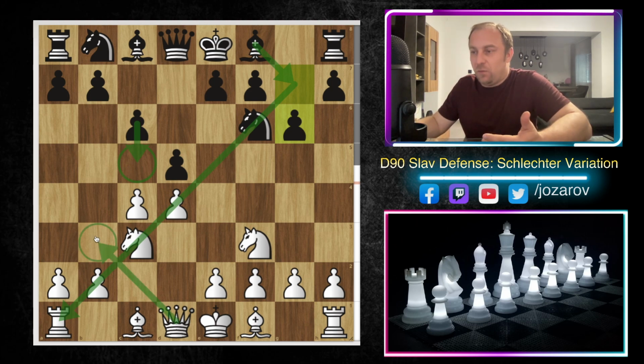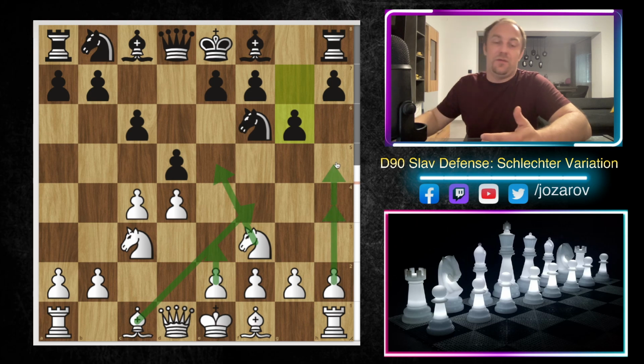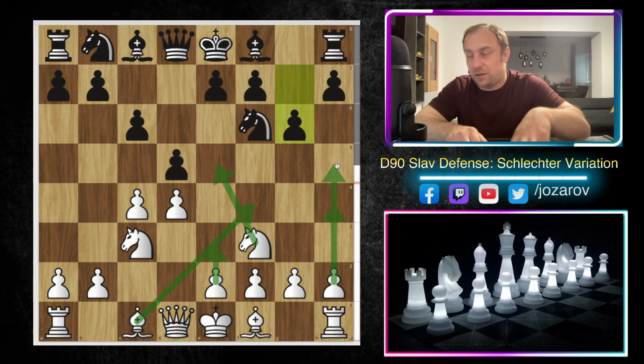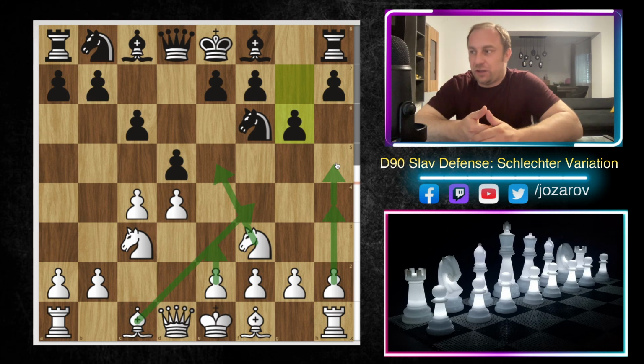So white has now the move queen to b3, bishop to f4, bishop to g5, c takes d5, maybe even bishop to f4, e3, then knight to e5, h4, h5 is even a possibility. So it's always white that is doing something, and black is always reacting to white's ideas. That's what I don't like in the Schlechter variation play by black, because I think when we watch now the